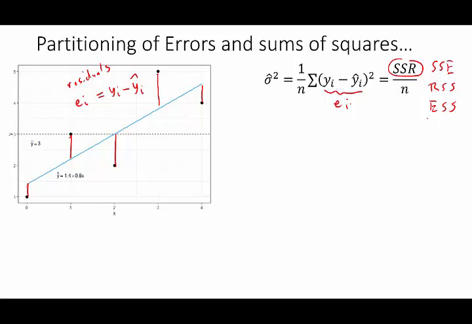But this quantity in and of itself is not the best measure of fit because the y's themselves have a natural variability. They're spread out along the y-axis in some way. And what we really want to know is how much of that variability can be explained by the linear model and how much is left unexplained by this linear relationship here. What I mean geometrically is if we measure the vertical distance of each point to the line y bar equals 3,